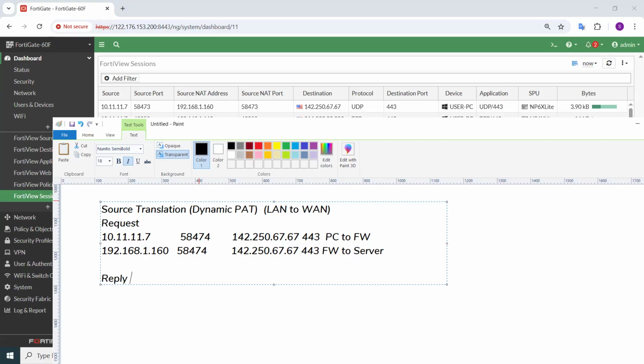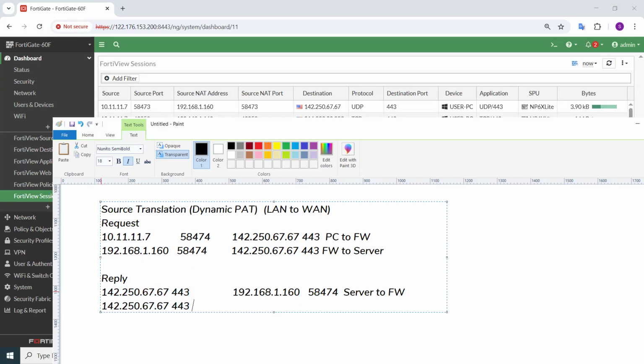Now comes a reply. In a reply, server will reply back to a translated IP, and that translated IP will be this IP, and this packet will come from your server to firewall. And finally, this part, which is a reply from a server, will remain same, and your translated IP and port number will get untranslated back to a real IP and the port number,